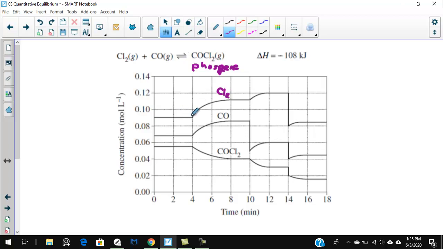And we see that after a minute or two, the concentrations begin to change as the system tries to reach equilibrium. And so we can see that the Cl2 is actually increasing. The CO is actually increasing. And the COCl2 is decreasing. So that means that this equilibrium system is actually reestablishing equilibrium by shifting toward the reactants. Okay? So we haven't seen that. I think in the previous questions I always had it shifting away from reactants, but because of the balance that's here,